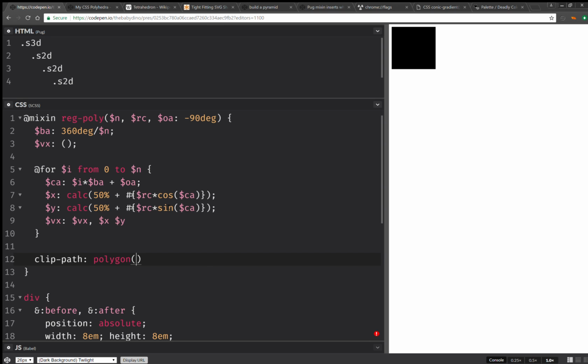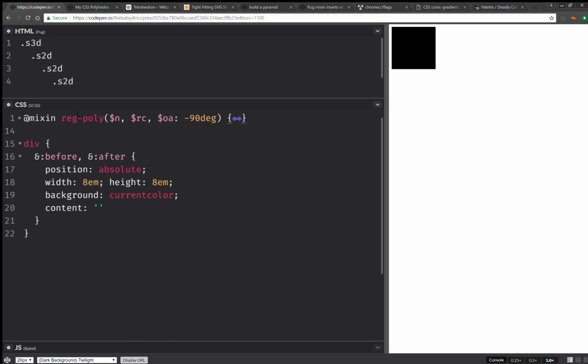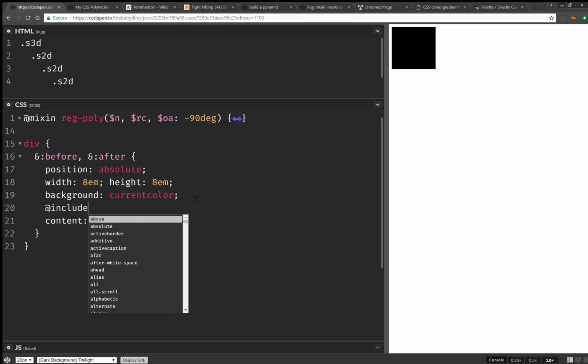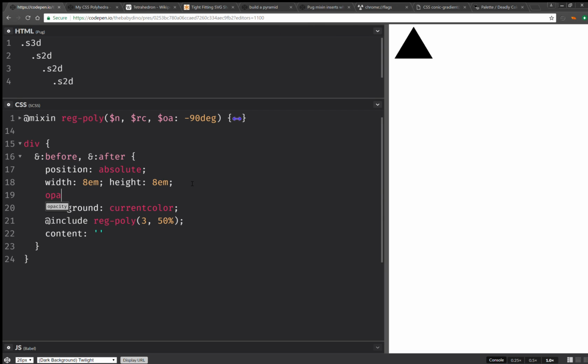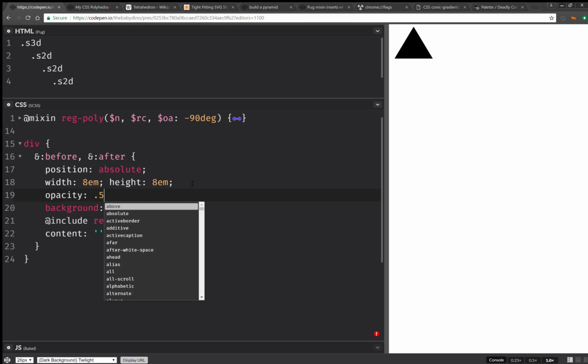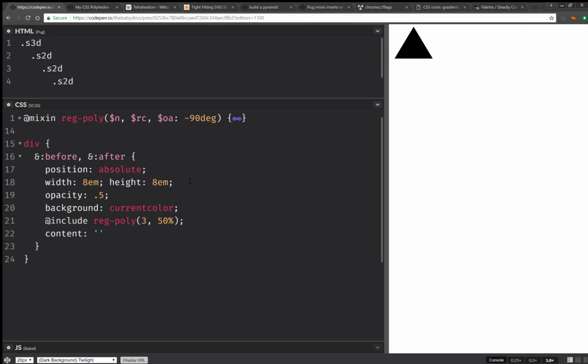Okay, and now we need to set clip-path polygon, and we use this list of vertices. Okay, now we can collapse this, and we take this and we include 3 and 50%. For now, it's going to be good enough. Okay, now next thing we're going to do is opacity 0.5. Next thing that we're going to do is take the after